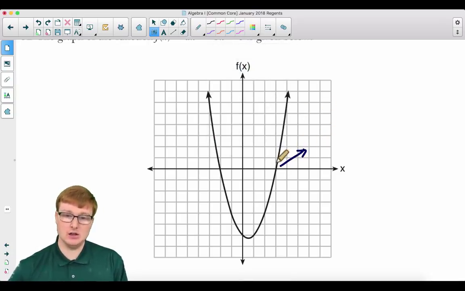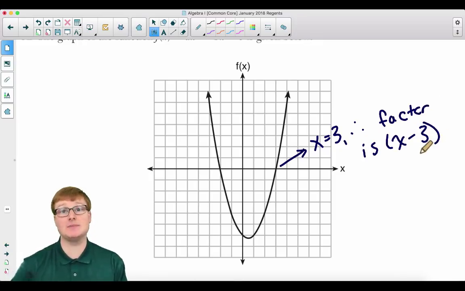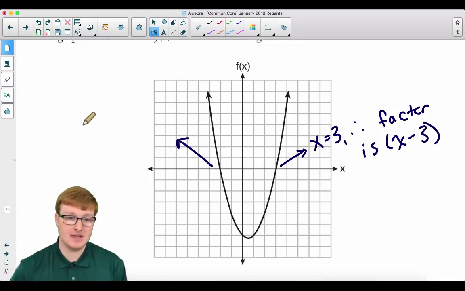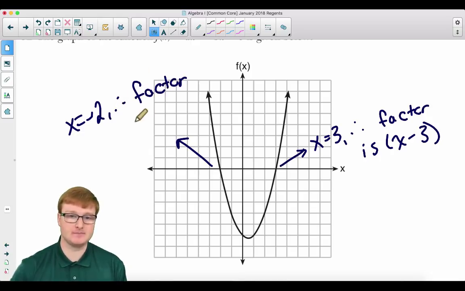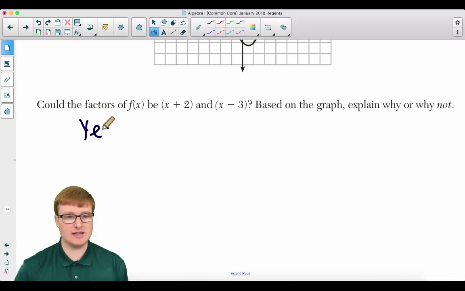Over here, this is the root x is equal to 3. Well, if the root is x equals 3, therefore the factor is, in fact, x minus 3. We just take the opposite of what the value of the root is. Over here, this is x is equal to negative 2. Therefore, the factor is, in fact, x plus 2. So, the factors are x plus 2, x minus 3? Of course they can. Absolutely. We just proved it. So we could say yes,